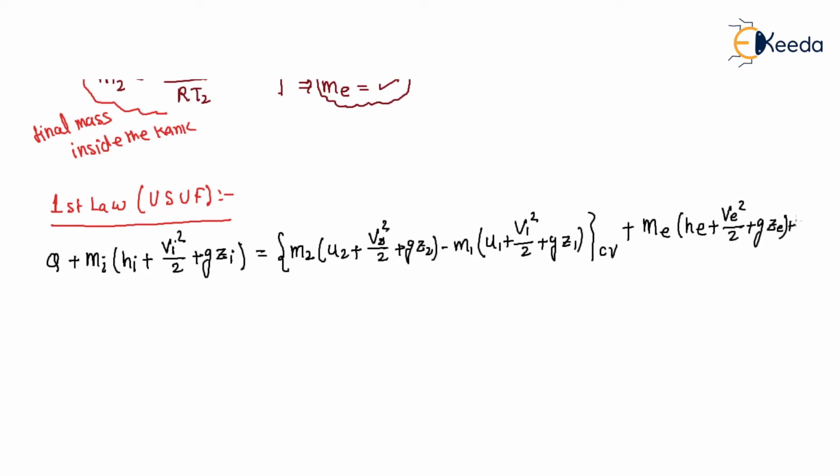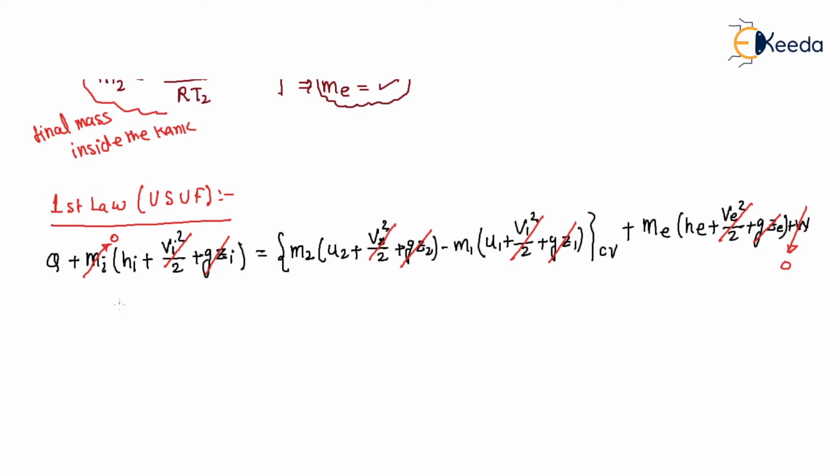Right? So now there is a heat transfer, but there is no inlet mass flowing in. And for the flowing air, there is no change in kinetic energy and potential energy, and the system is stationary, so these will cancel out. Now what is M2? There is M2, what is M1? There is M1, ME, but there is no work transfer.